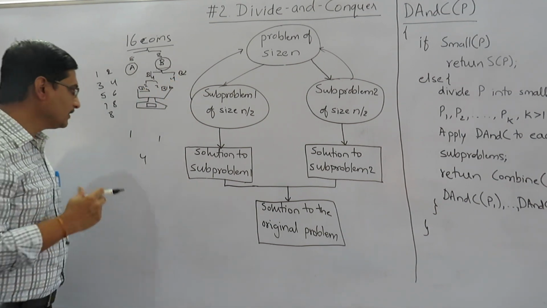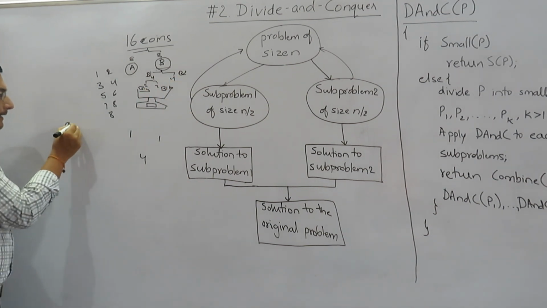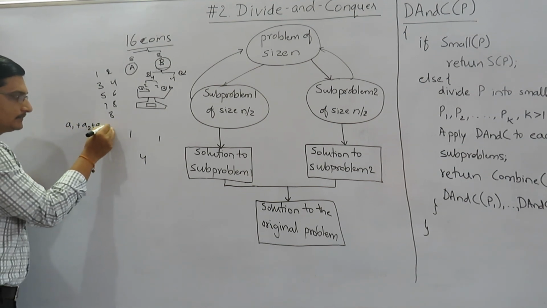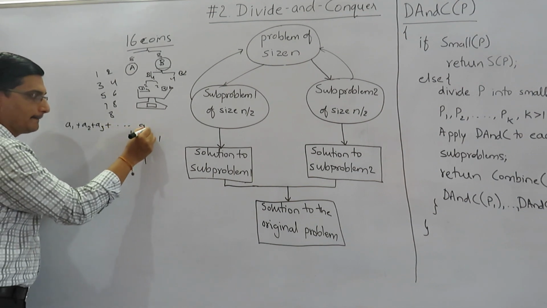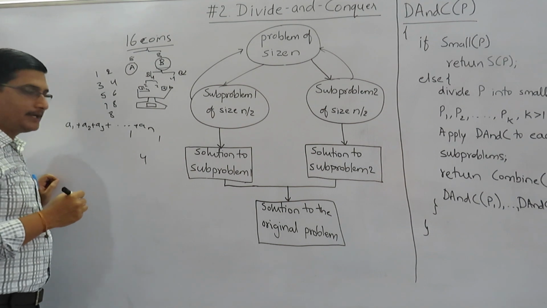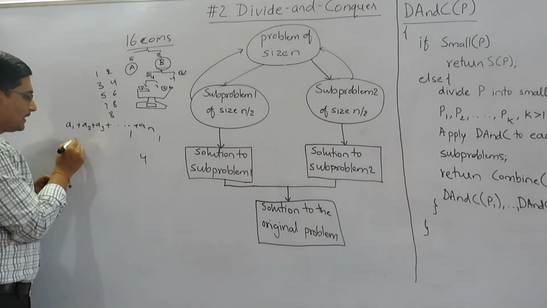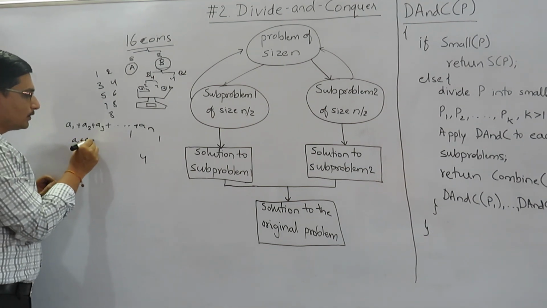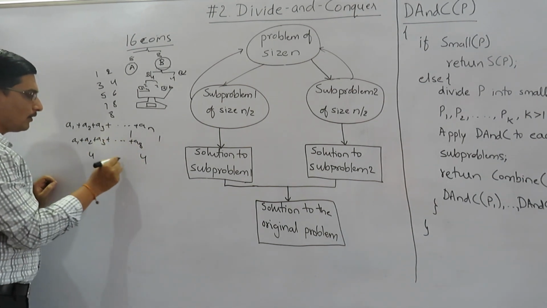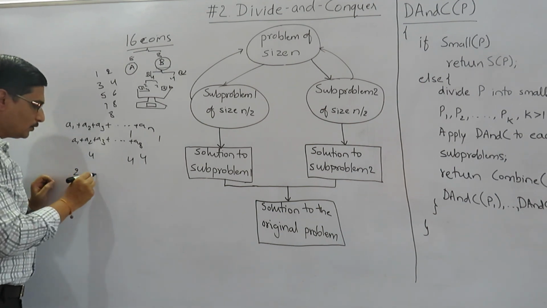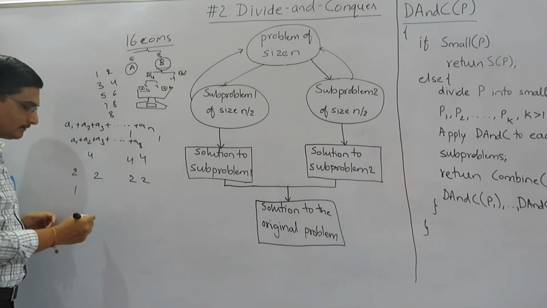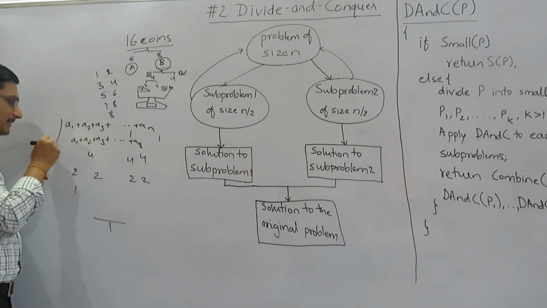Say if you are asked to find the sum of these numbers, say A1, A2, so on up to An. Say if we apply divide and conquer on this, assume there are 8 numbers A1, A2, A3, so on up to A8. Then 4 and 4 we can divide, 2 and 2 we can divide, again 1, 1 we can divide, and we can add, we can get the solution. Whether this method is better?